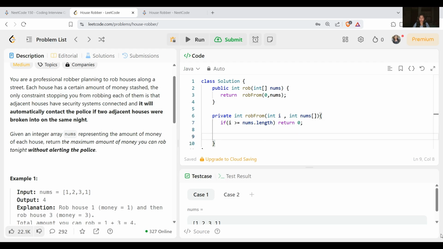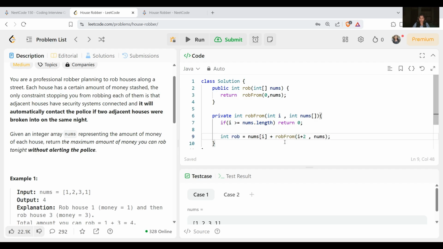Now what happens? We have to rob the current house and skip the next house. So we keep an int rob, which is nums[i] plus the rob call for the remaining houses, where we skip the next house, so i plus 2, and then the array.